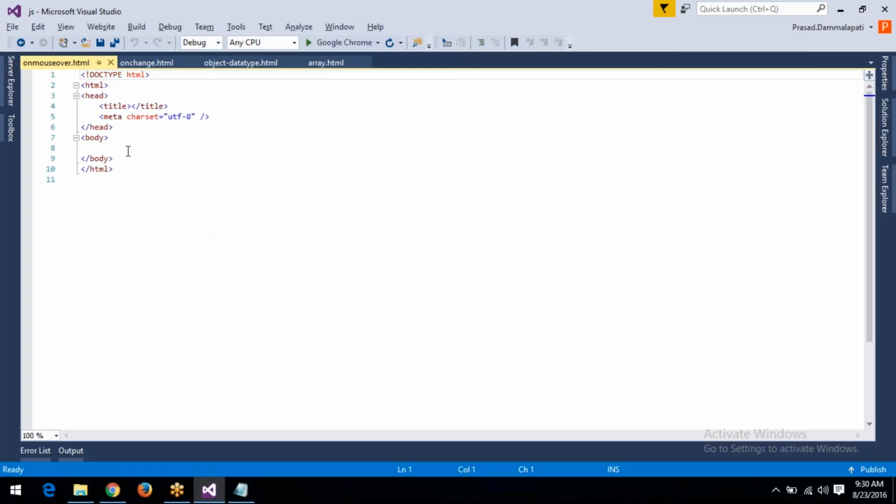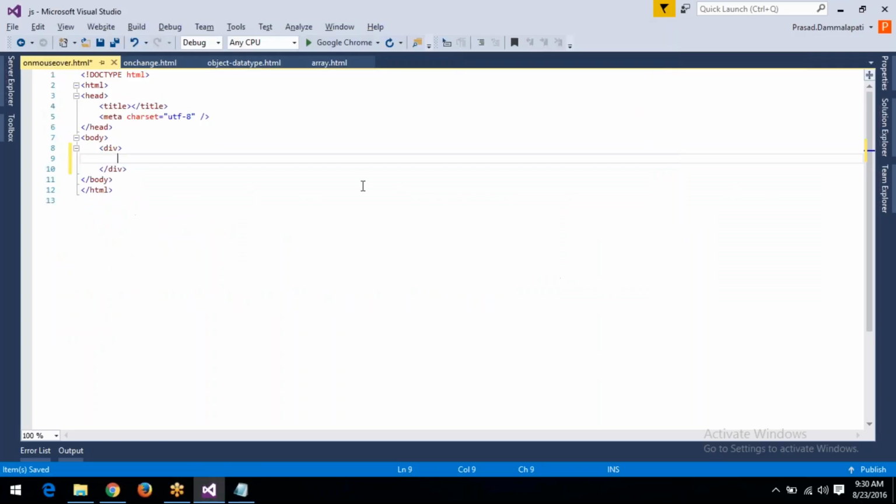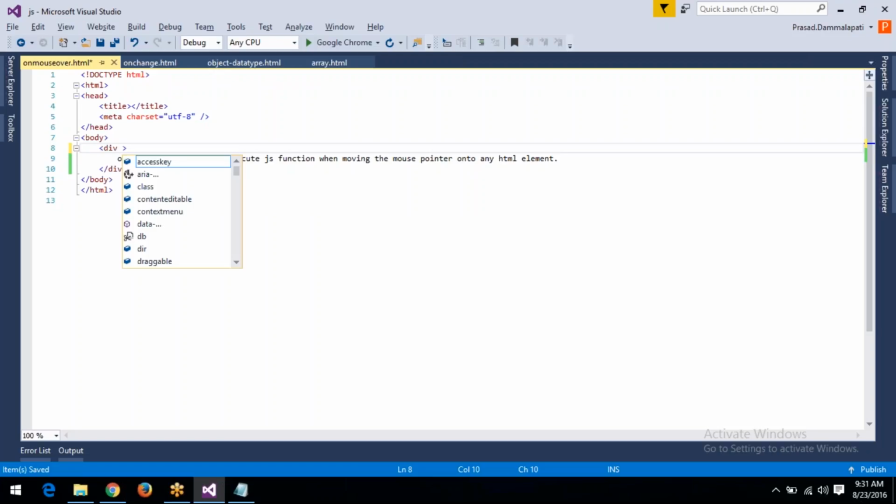Okay, so for example, here a div element is there, and there is some example content in this div. I want to apply styles, text color and background color, for the div. So when our mouse pointer enters the div element, id equal to div1,